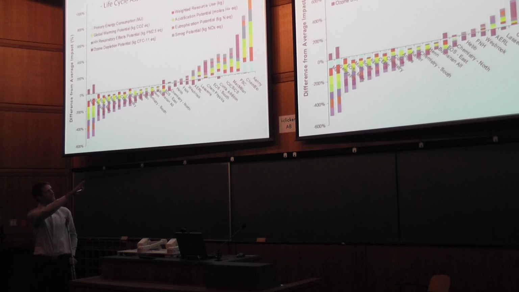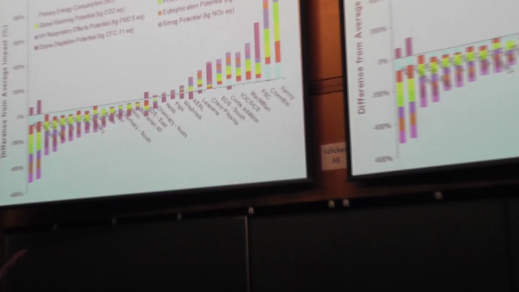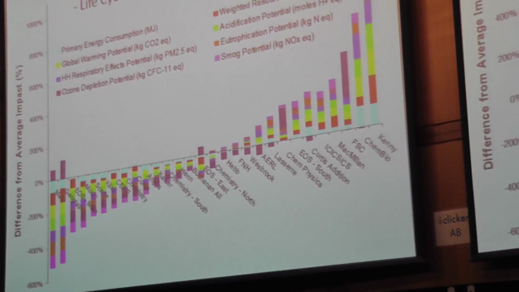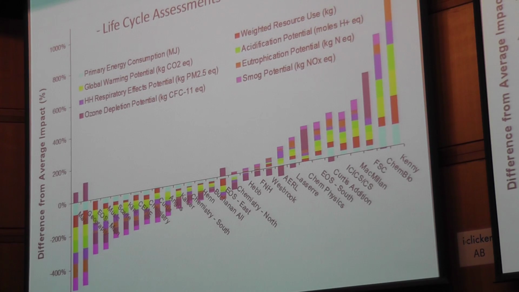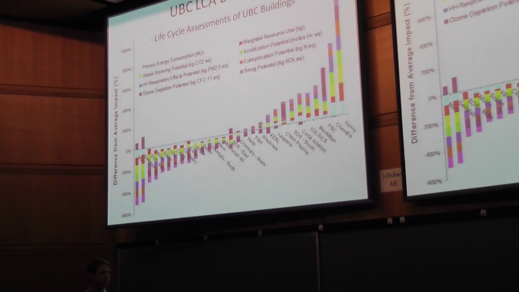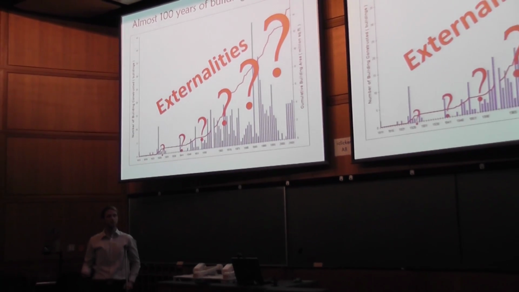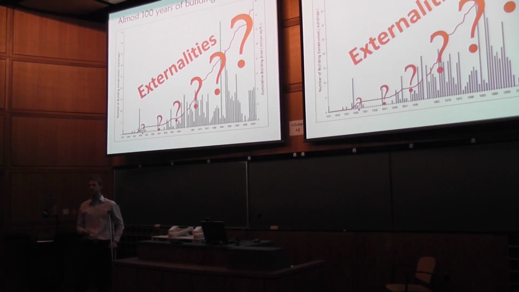And what you're looking at here is how we're affecting values through the construction of buildings. We won't get into it because it's a presentation to come, but this is a really interesting slide that's going to come up later on as well. This is how we're looking at the impact on value as a result of creating social benefits through the creation of academic structures. And as a result of this UBC LCA database construction, we now have the foundation that